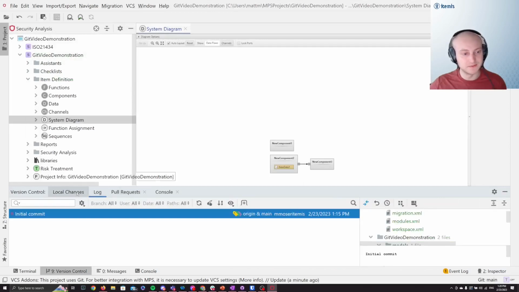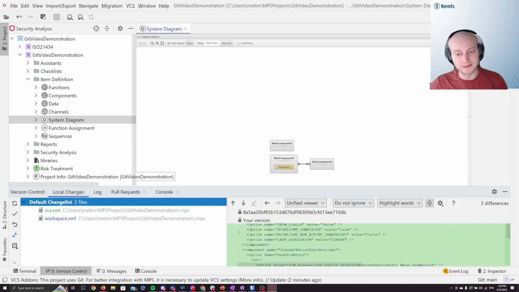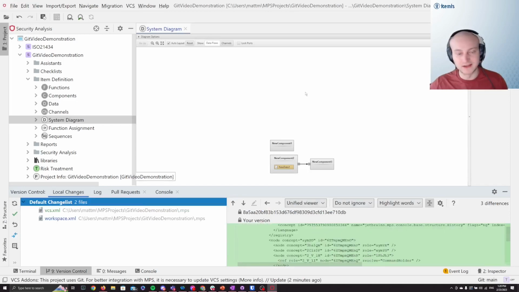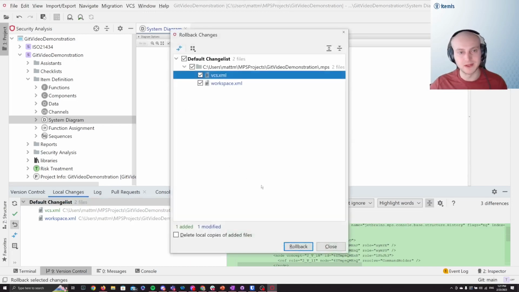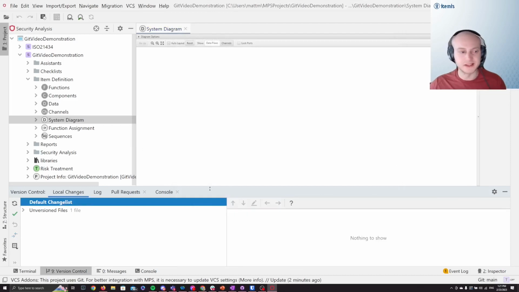When we're looking to further access different logs, we can go ahead and see them via this section here. And we have features like being able to roll back our information. So if for whatever reason we decided that we want to go back to the commit, maybe we made some changes to our product and we need to roll back to a different point, or maybe when we were working with the tool, we deleted some things that we wanted to keep and we just want to be able to undo everything that we have been working on. You go ahead and select this, go ahead and roll back, that's okay. And now you can see that we have nothing within our system diagram